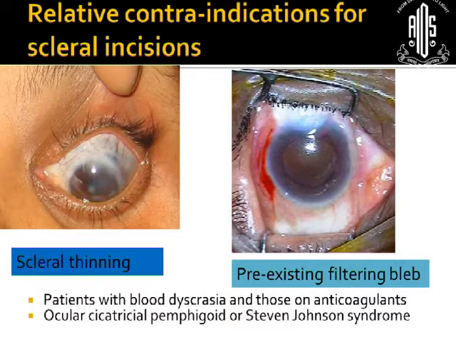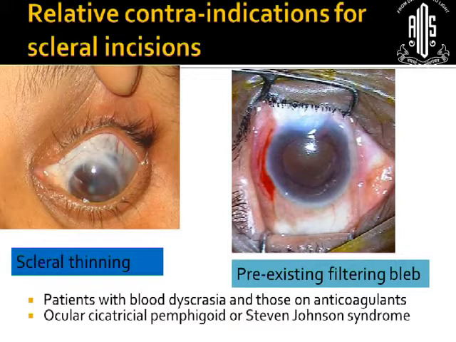By and large, we know when we are making a scleral incision, the sclera has to be healthy. So whenever we have a condition like this, on the left side you see this picture, with scleral thinning. This is a patient I operated, in fact she had a secondary glaucoma also. We implanted an AGV and a cataract extraction was done. And you can see there was no place where I could have made a scleral tunnel. So I went for a clear corneal incision in this patient.